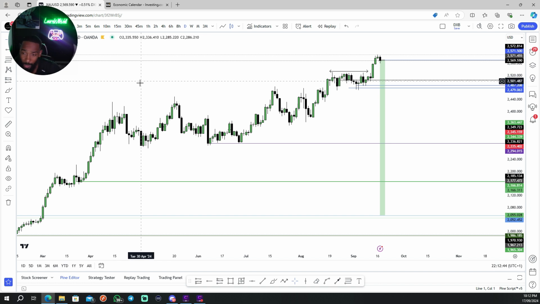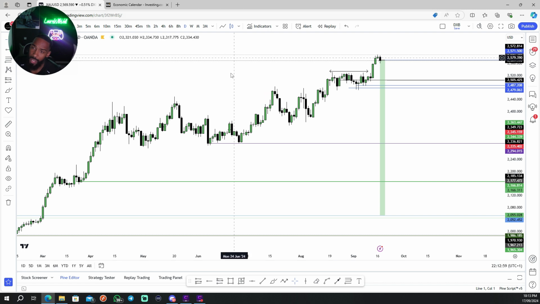Of course, I would believe the stock market needs to come down too, but naturally gold needs to have a pullback in order for it to continue pushing. Now, gold may just reach $3,000 an ounce, as I've previously mentioned, before we get that pullback. That may or may not be the case. We're going to find out.